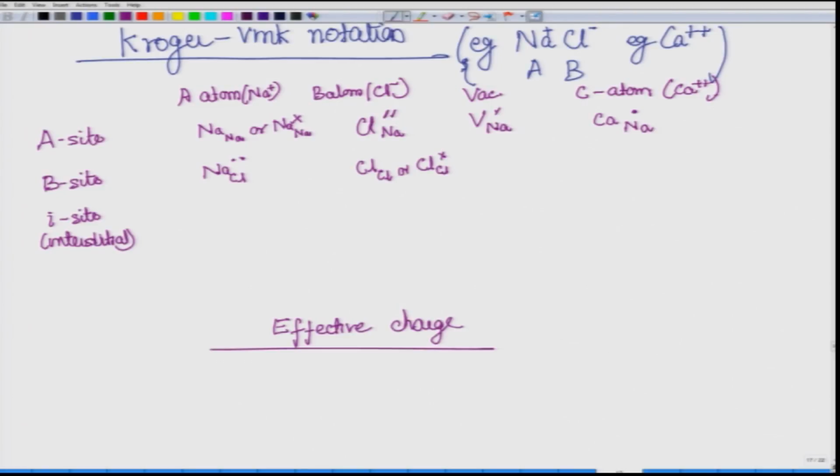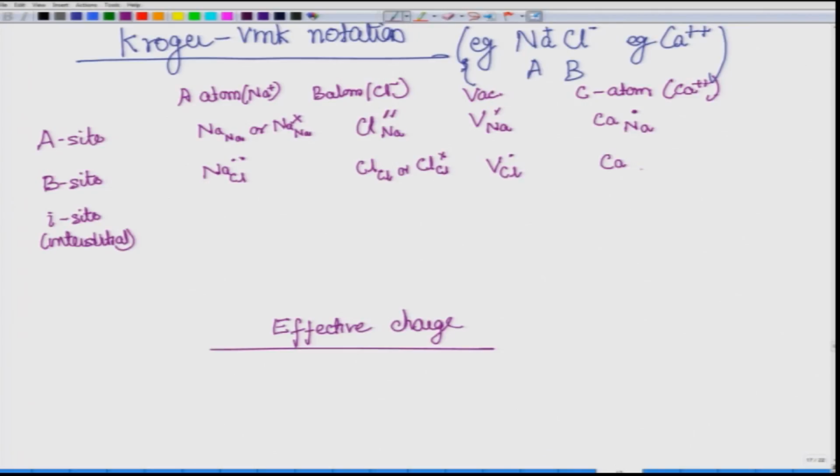So, we will be interchangeably using this. Do not get confused, both of these represent that there is no charge. Plus and minus are very different, so you should not get confused with that. Now, a vacancy sitting at a chlorine site should be -1, but it is 0. So, it is 1 more positive compared to chlorine. So, it will look like this.